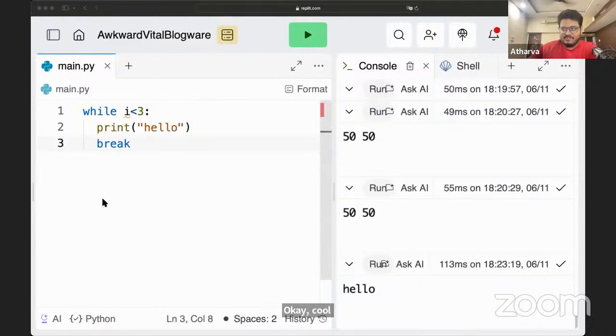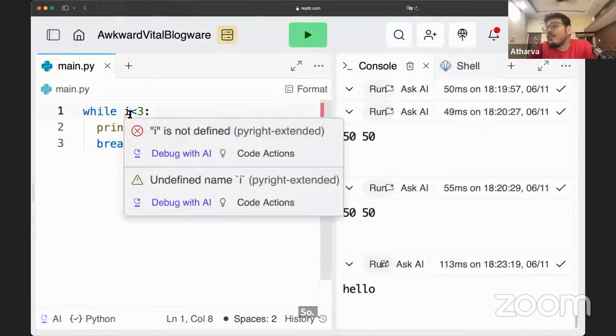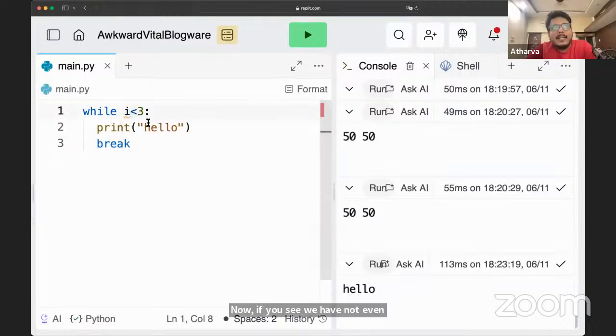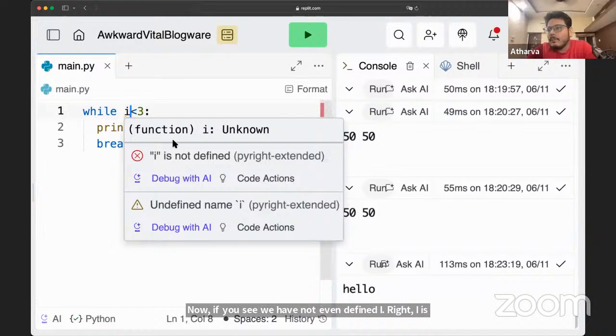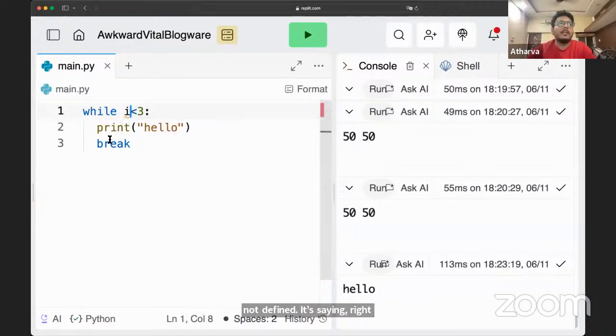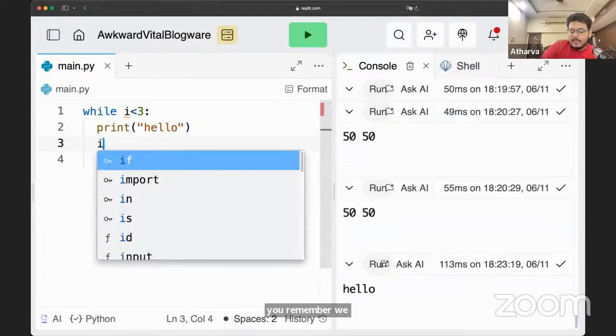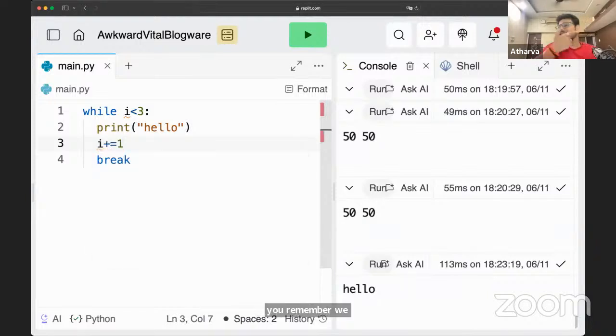So now, if you see, we have not even defined i, right? i is not defined, it's saying. So we have to define i somewhere. If you remember, we read something like this. What was this called?